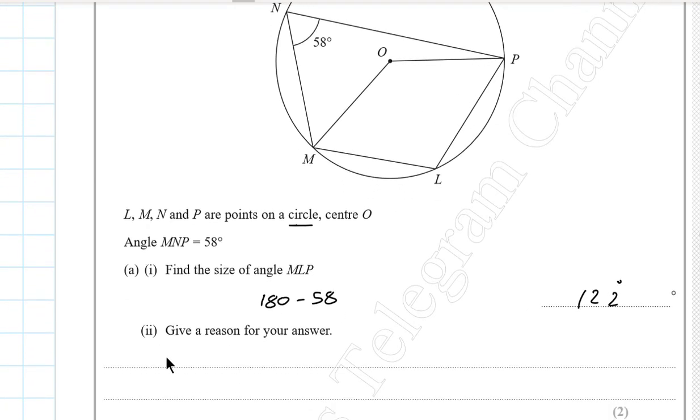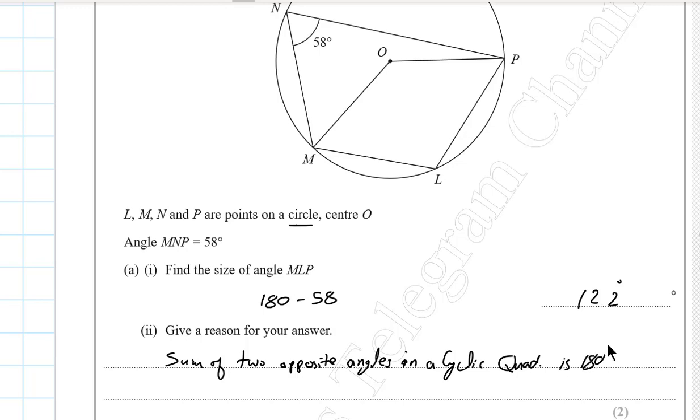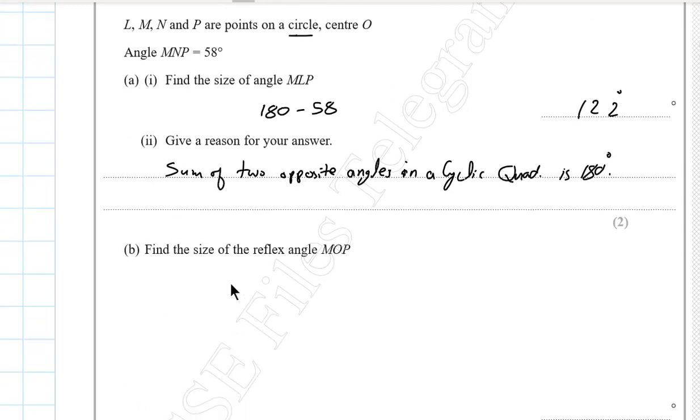it's very easy. Give a reason: sum of two opposite angles in a cyclic quadrilateral is 180 degrees. Okay,